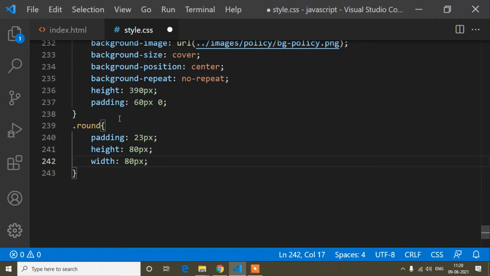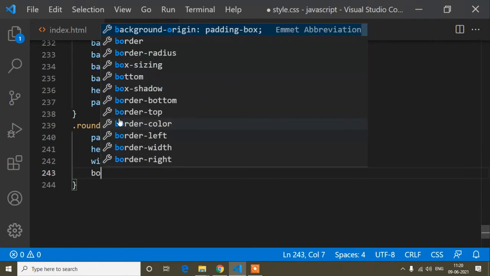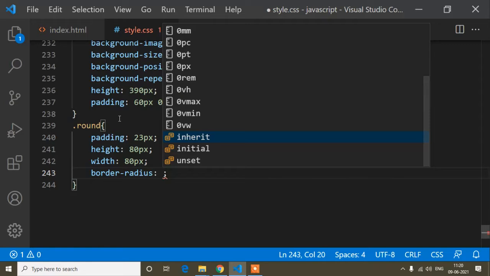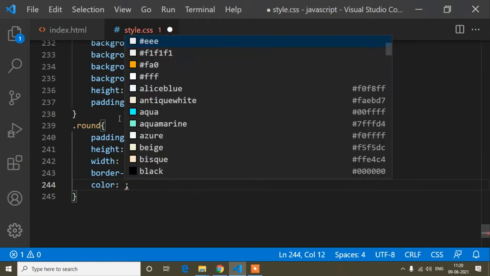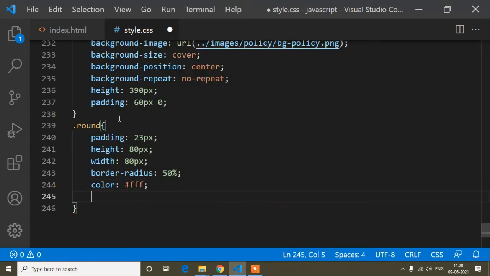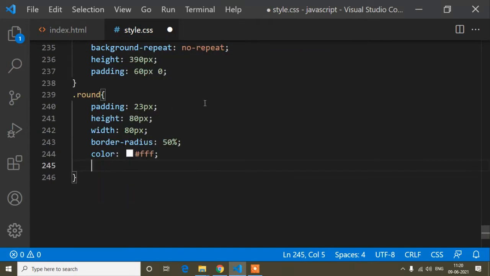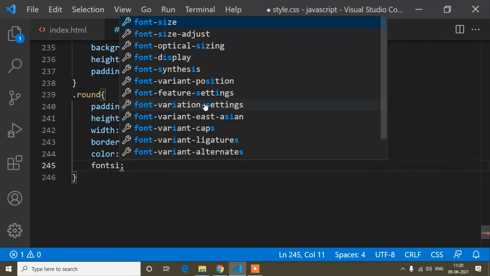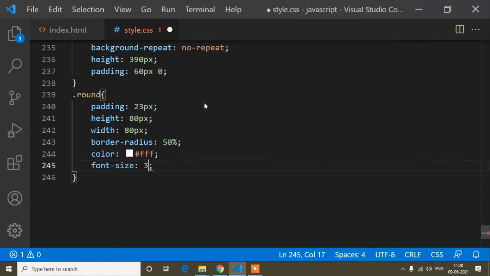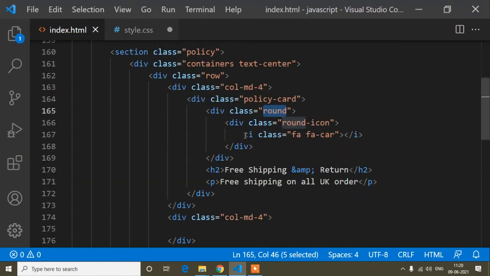So guys, when height and width are the same, if I write border radius 50%, the element will be round. And now whatever content is in this element, that color will be white. So color white, and the font size I will write is 34 pixel. That means in this round class I have added this Font Awesome icon.